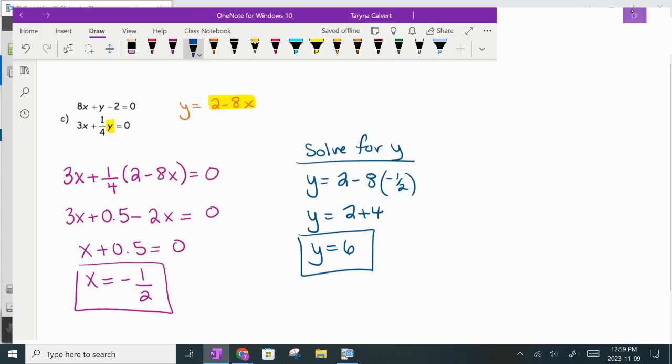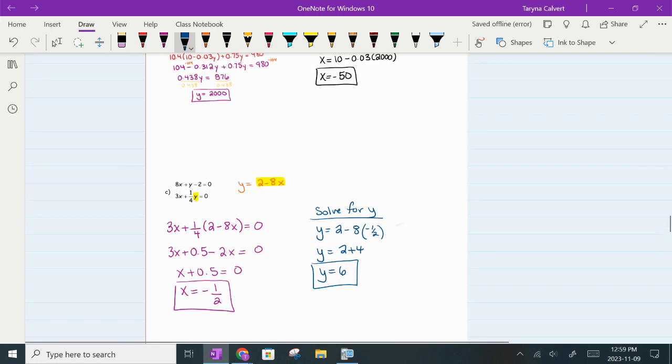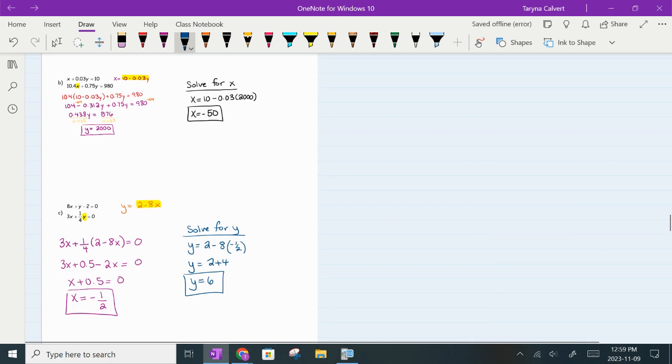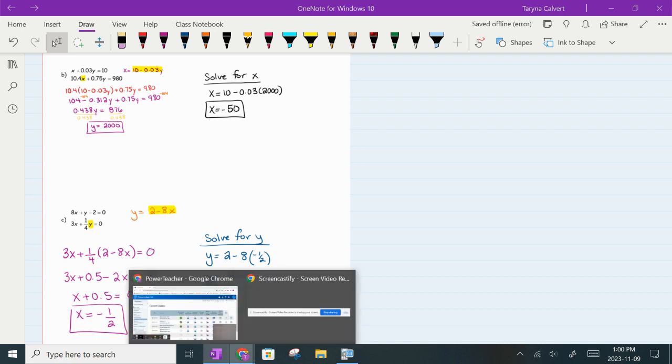So guys, are we good with negative half for x and 6 for y? Is that what you guys got? So if you didn't, now double check both of these. I'll just double check too. So negative 4 plus 6. Yep, they're good. So if you didn't get those, double check them, guys. If I would use fractions,